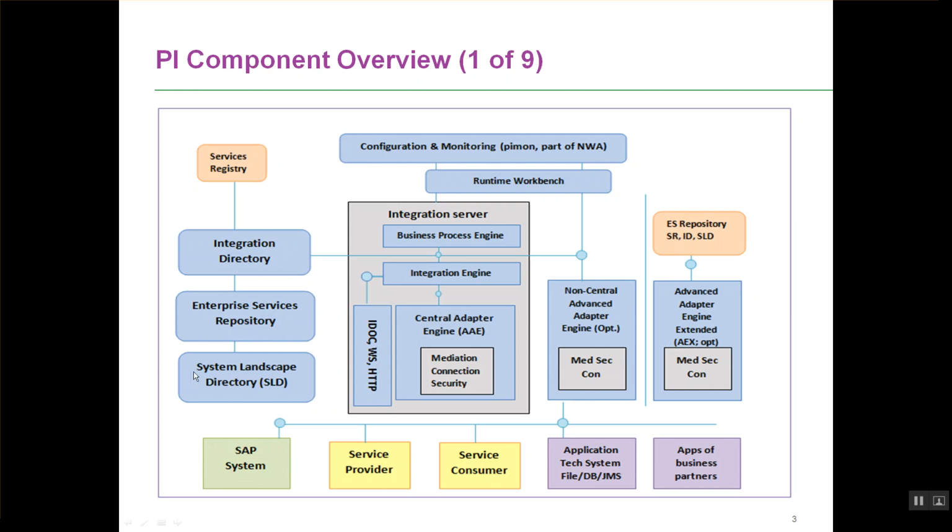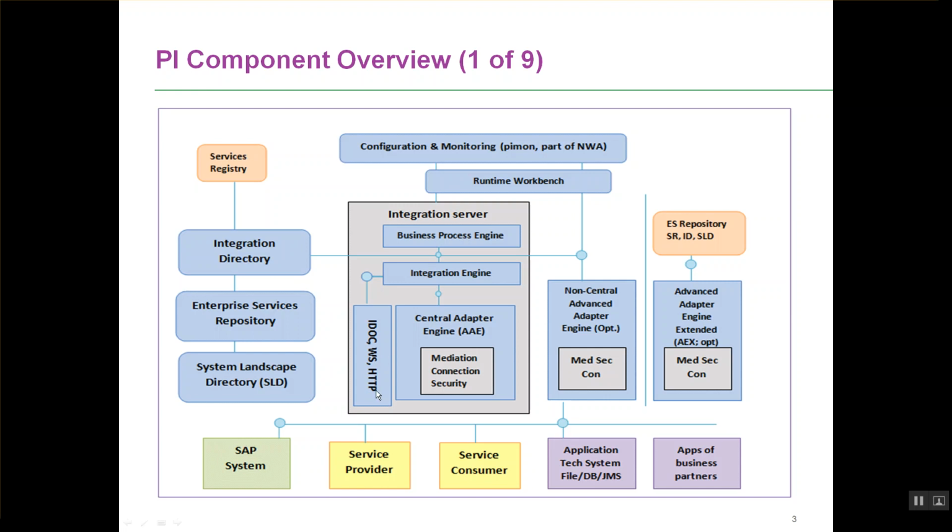At the end of the day, the SLD provides information on what a customer's landscape is. And as the name implies, it is a directory. It is like your yellow pages, where you have the listing of all the systems in the landscape. So the idea behind SLD is that all systems in your